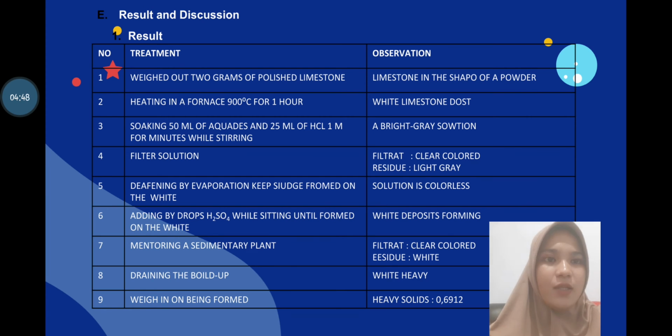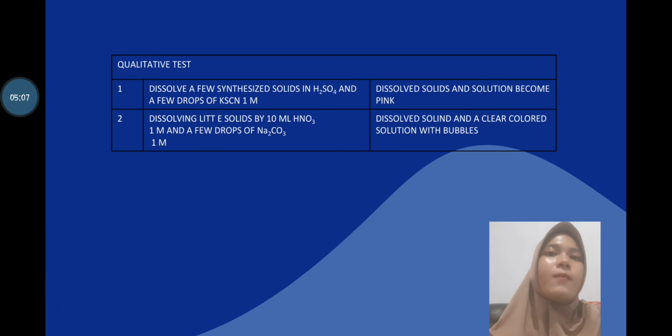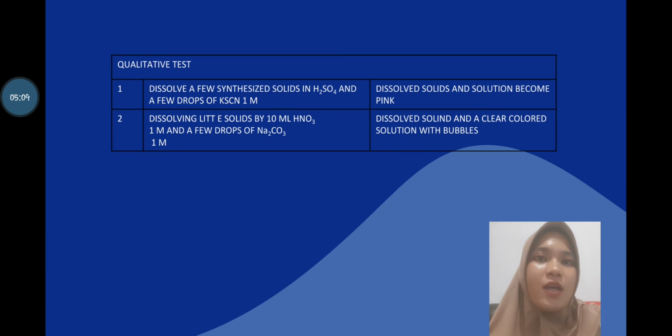The next, filtering the sediment. Observation: filtrate, clear color, residue white. Draining and drying in the oven. Observation: white powder. And weighing on the watch glass. Observation: the weight of the solid is 0.6912. In the next qualitative test, result: dissolve a few synthesis solid in sulfuric acid and a few drops of